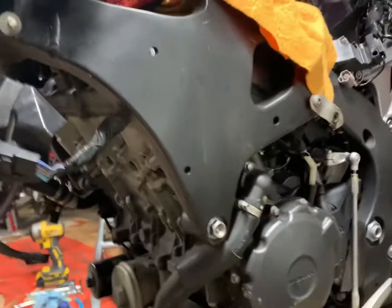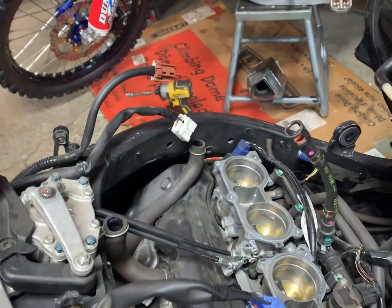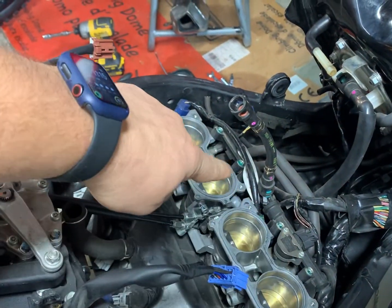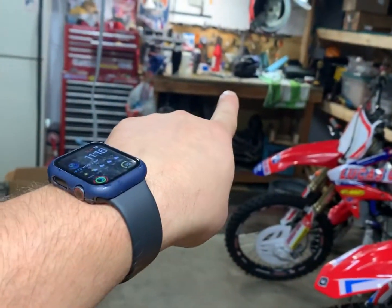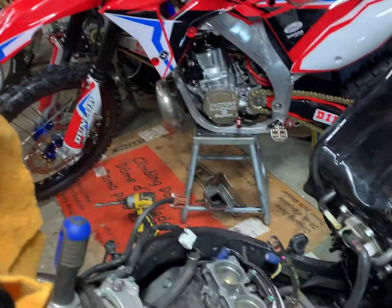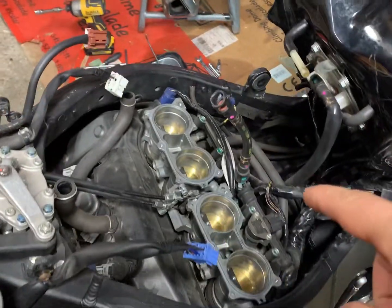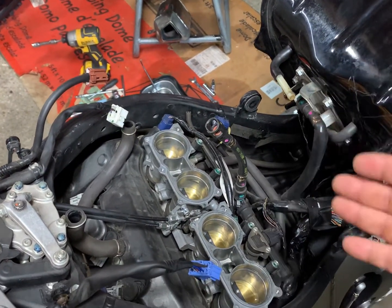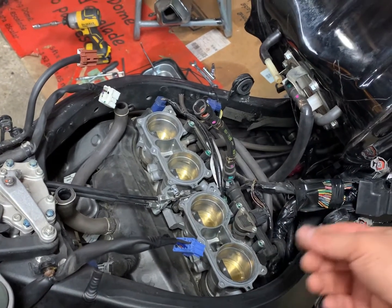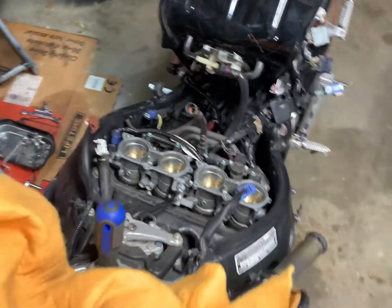And then we got to disconnect a couple of these other wires, and I think we got to take out the fuel injection rail and the throttle bodies, and we'll just flip that up here, take the fuel injector rail and move it down into the parts box. Either that or I can set it, I got the air box over there, we can set it into the air box because that's kind of a safe spot. But we'll take a picture of this and where all the plugs belong. But usually when you set everything back down in, it kind of makes sense because the plug wires are kind of trained to where they go. But we'll take a picture of it so that we know where everything goes whenever we go to put it back in. After we remove that,